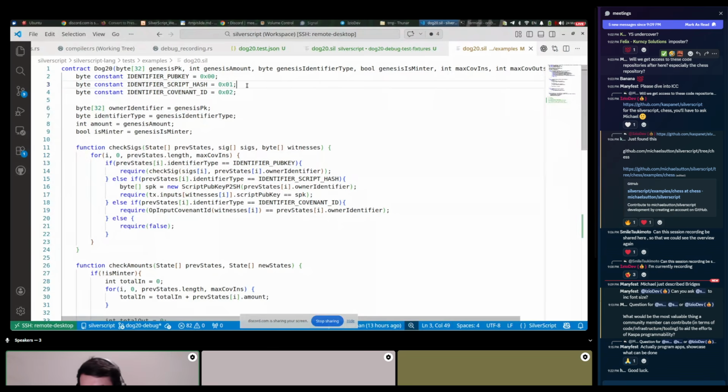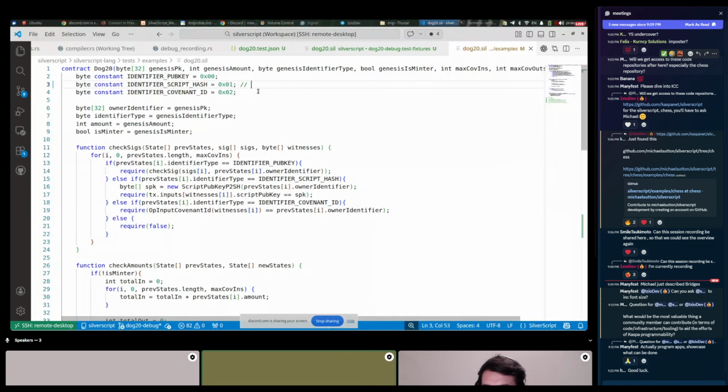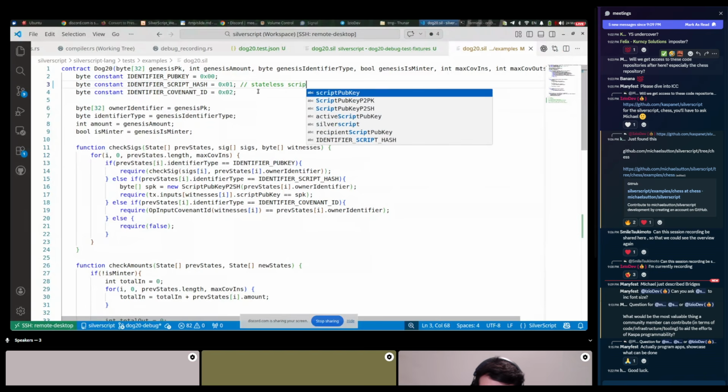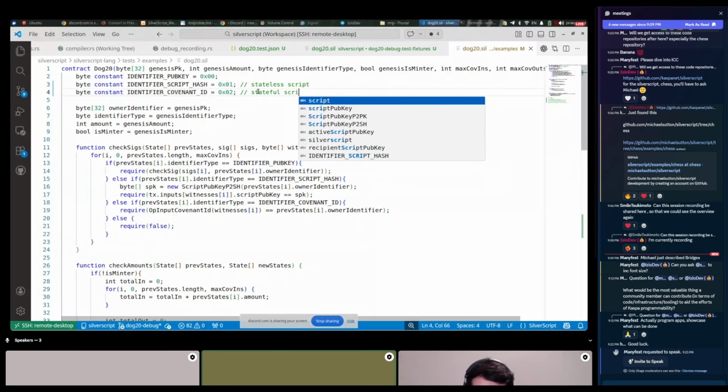But the other one is maybe a bit less common. It's representing an address that carries, or let's say summarizes the representation of another script, another contract in this context, or covenant. Generally, this is divided into two types. We have script hash, which is a stateless script, and covenant ID, which is a stateful script.